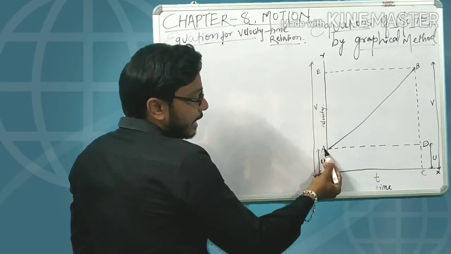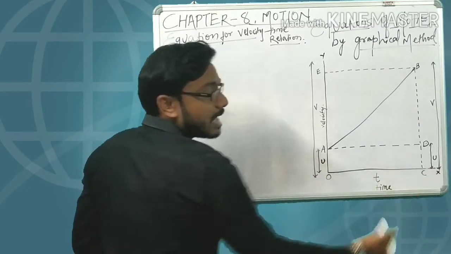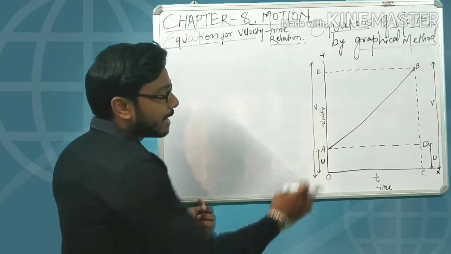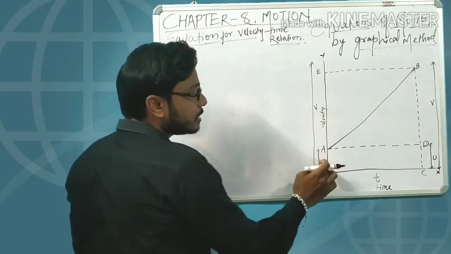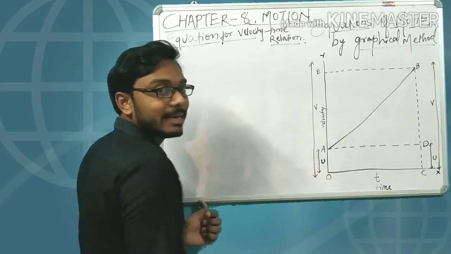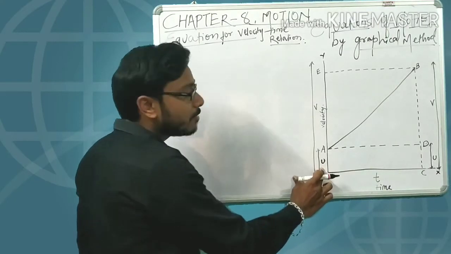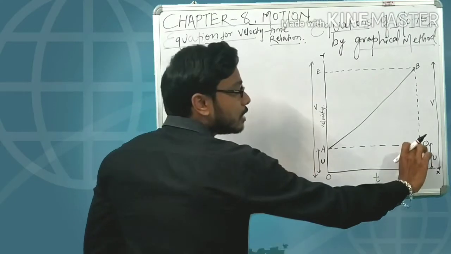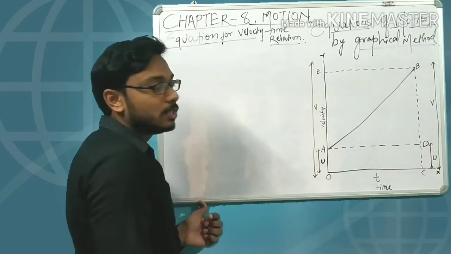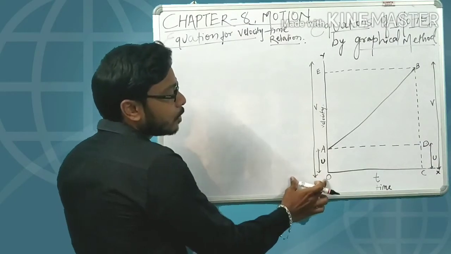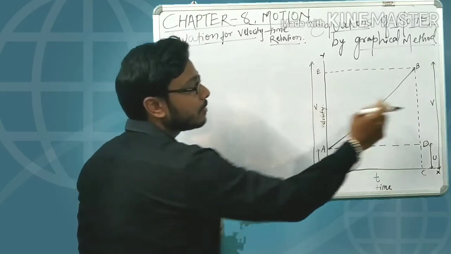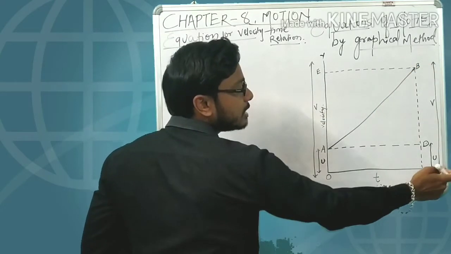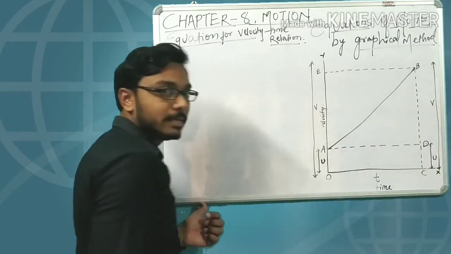As AO and DC are the two opposite sides of rectangle, you can see AOCD is a rectangle. So these are the two opposite sides of the rectangle. So if AO is the initial velocity having the value, DC will also have the same value of the initial velocity. Same here you can see O to E is denoted by the final velocity. Here also B to C is denoted by the final velocity.